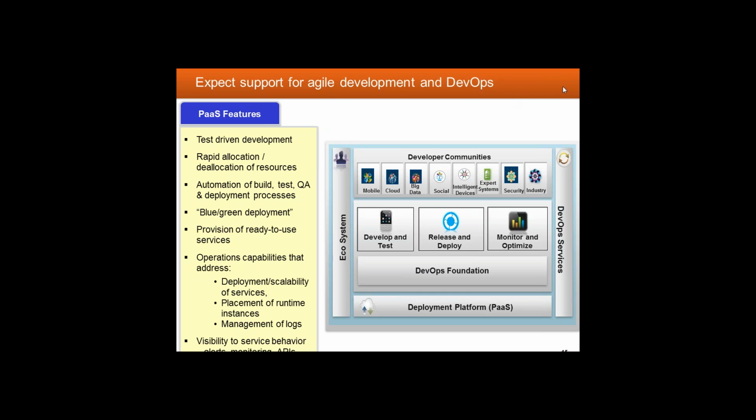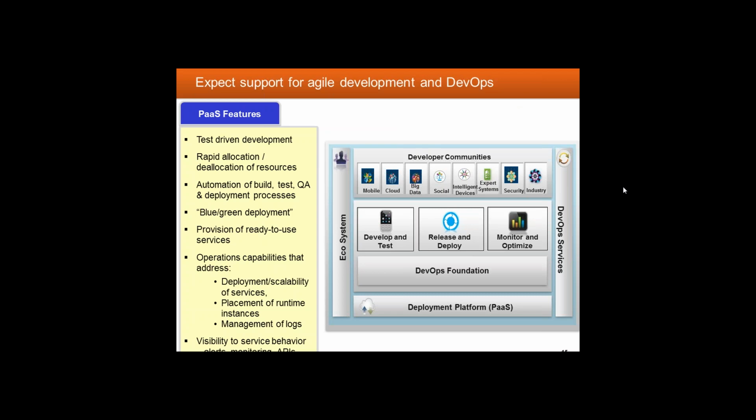We should be looking for things like blue-green deployment. This is the idea of introducing a new version of the code alongside the previous version to look for a seamless transition, and ramp up the number of instances of the new version and ramp down the number of instances of the old version in a smooth fashion.